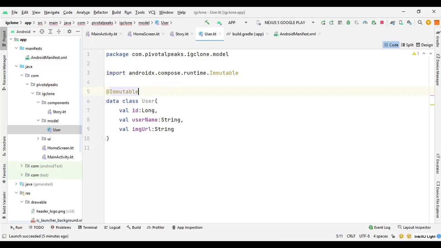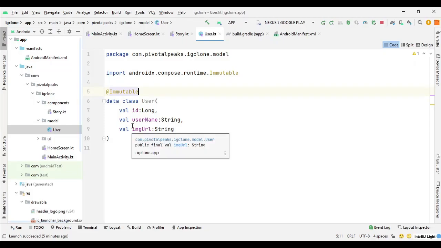So we need to use this Immutable annotation to produce an immutable instance, which means that when we make calls to the repository or from wherever we are getting the data, the variable name should be the same as we are declaring here.